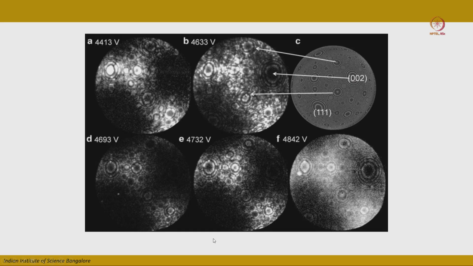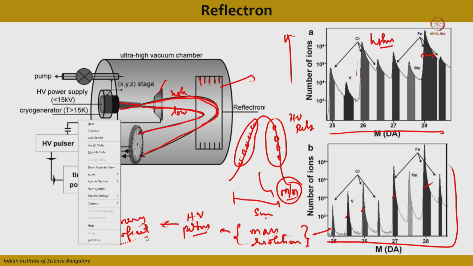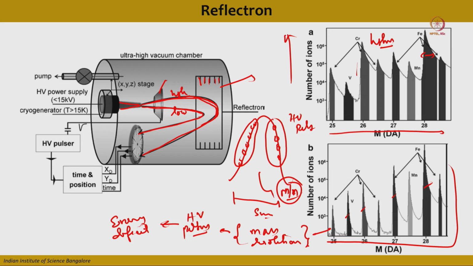So the main function of the reflectron is to improve the mass resolution, especially for the HV pulsing, which compensates for the energy deficit. During the pulsing, as I told you, ions at the same mass to charge ratio can have different energies, but to detect the mass to charge ratio, they should reach the detector at the same time of flight. That can be made possible by using the reflectron, which is a